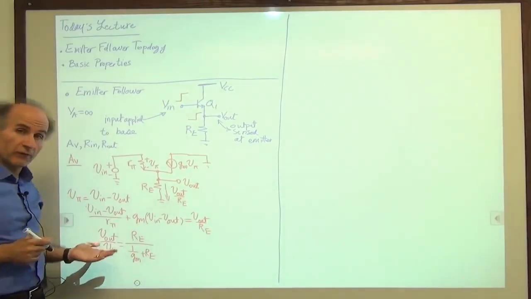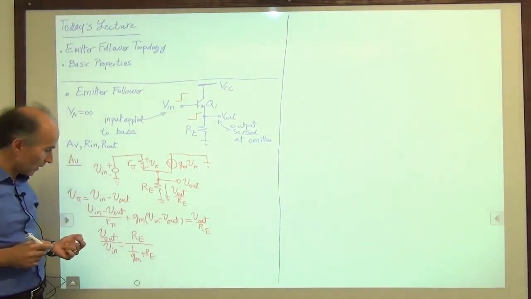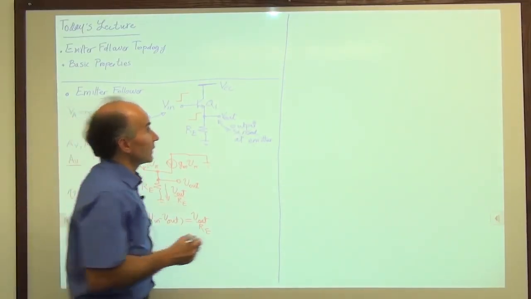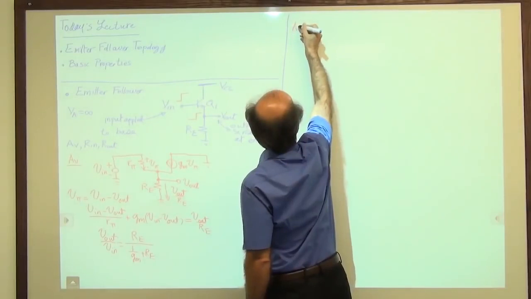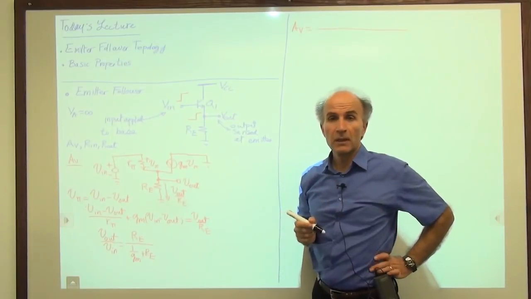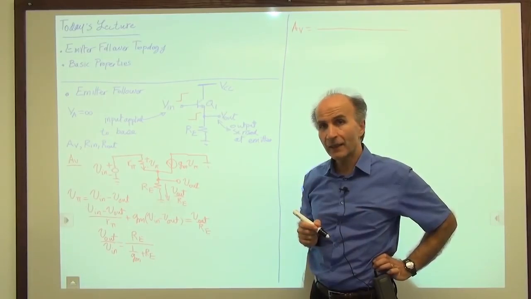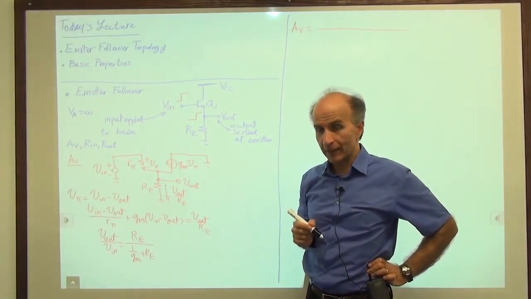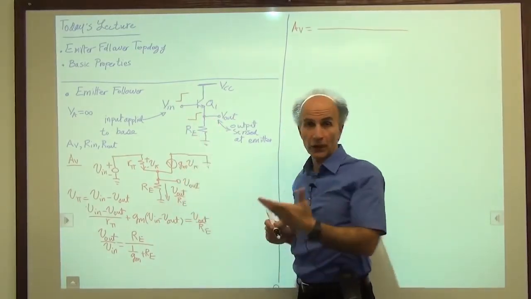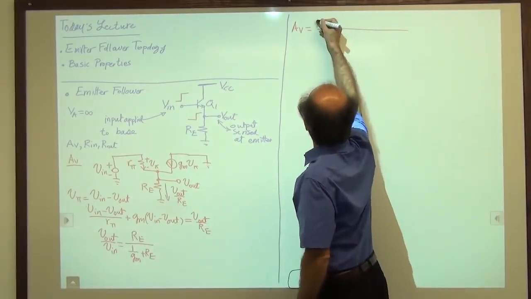Now, it's good to, again, verbalize this result so that we can remember it better. So the voltage gain of an emitter follower is given by, so we say AV is equal to, what do we have in the numerator? In the numerator, we have the total resistance that is tied between the emitter and AC ground, right? From here to AC ground. You can call this RE, call it R5, call it anything you want. That is the resistance. So we say resistance